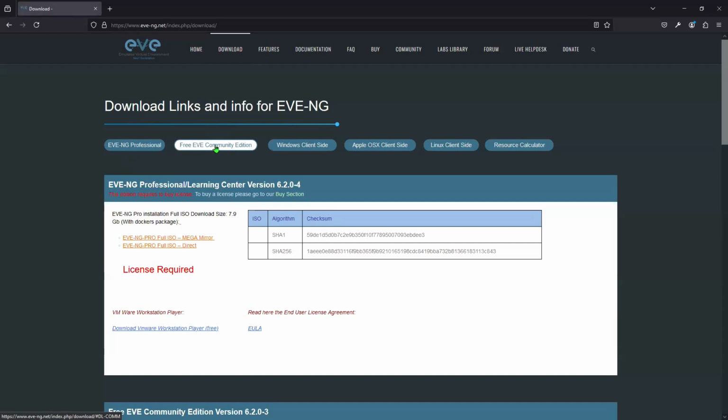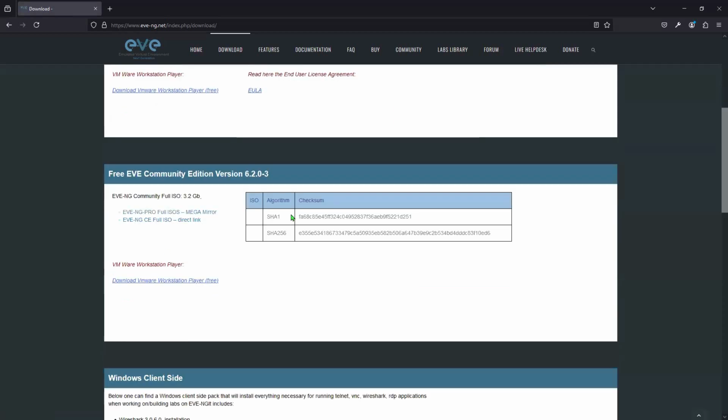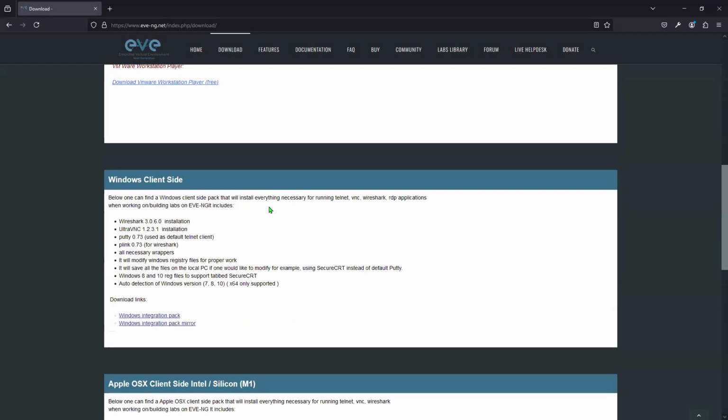Okay, so you can click here. So professional, and below it we have community. And again, it is your choice. You want to download from Mega or you want to download from a direct link. Now let's say you don't have virtualization software to use EVNG, then it is giving an extra option that first download VMware as a reference. Otherwise, VirtualBox also works, and inside that you need to use this EVNG.